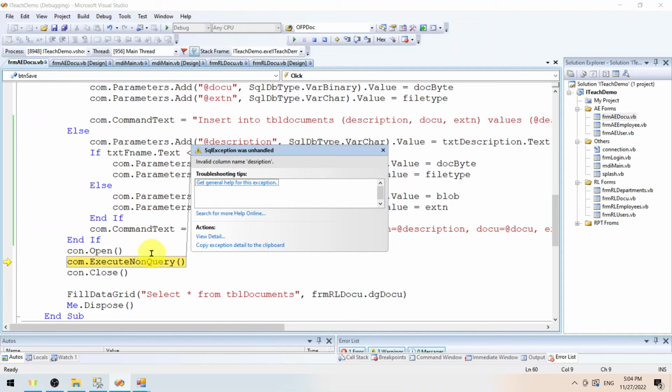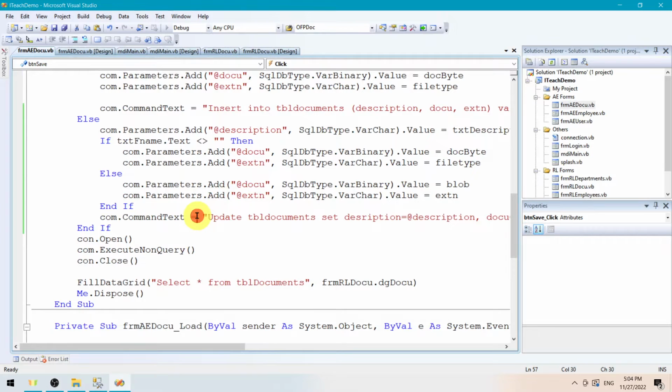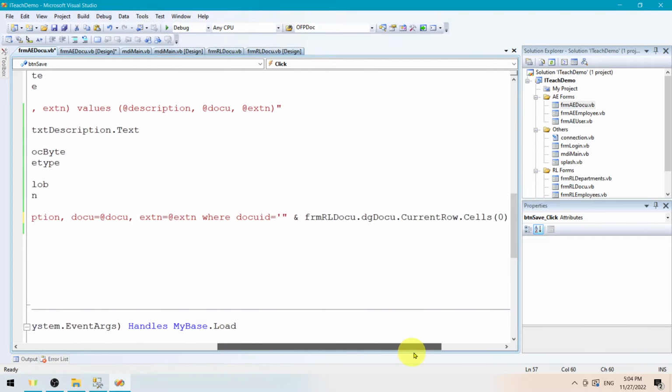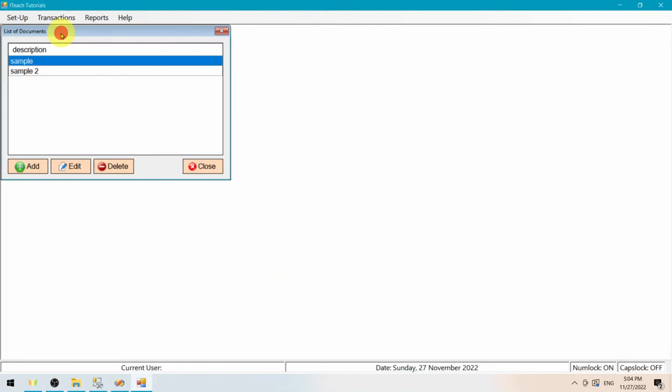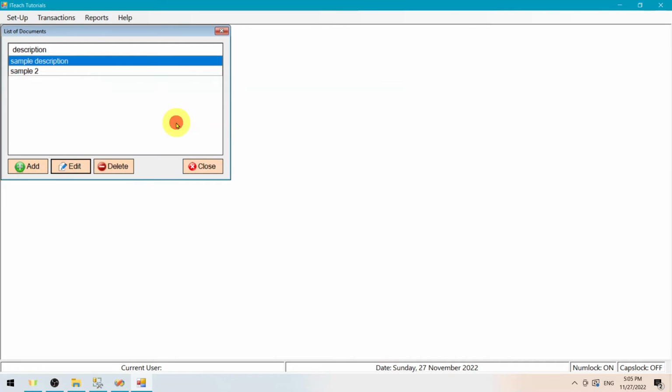Okay, so there's something wrong with this. So let's check this one. The command text: update tbl documents set description, and then docu extn or docu id. Okay, let me try again. And we're going to edit this one, sample description, save. Okay, so we have successfully modified our